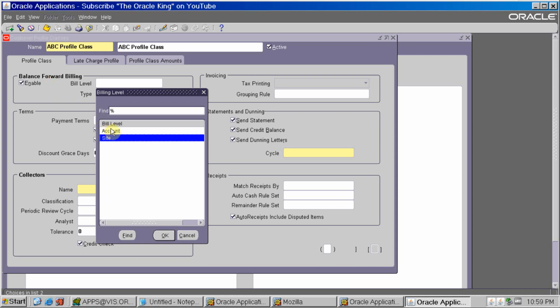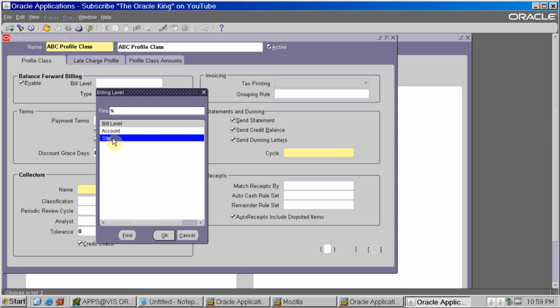So what will happen when you select account? We have three sites in one account, so in one BPA it will show all the transactions under the three sites, the 10 transactions for three sites.